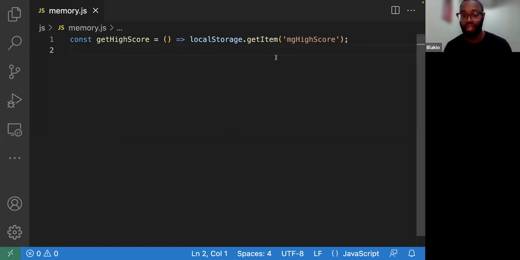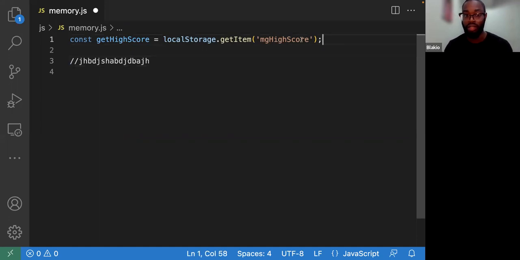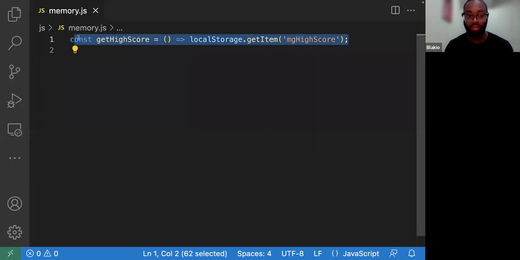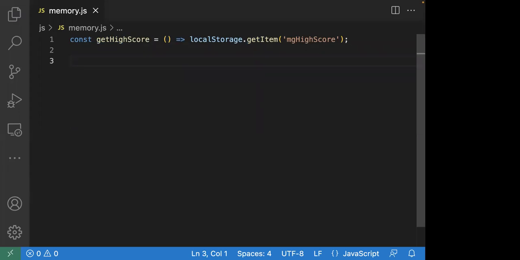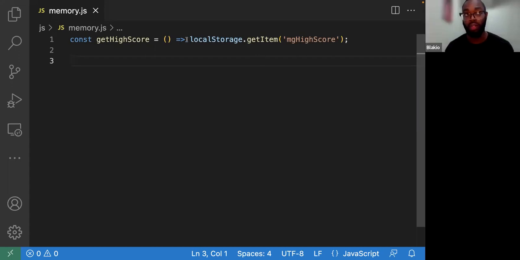Because as soon as we do local storage like this, now JavaScript has to go and get the local storage. It doesn't move on to the next line until this line is executed. And us putting it as a function, it's not going to be executed. But yeah, that's the only real difference, to be honest. It's really up to you. So every time if I put it in a variable, every time I call it, then it has to go and retrieve it again? Well, not necessarily.